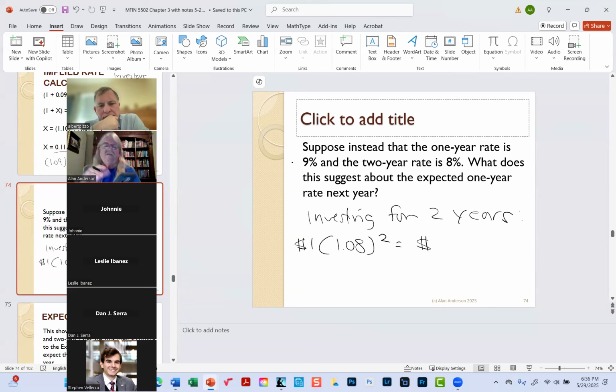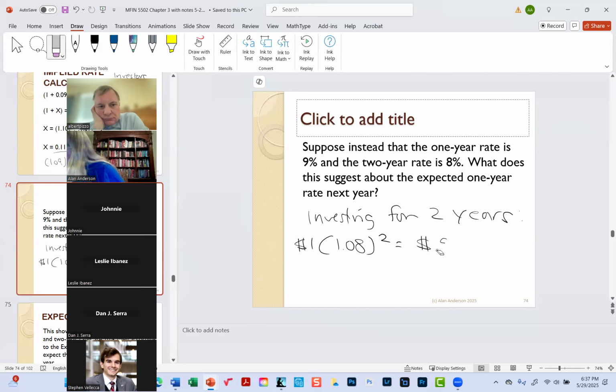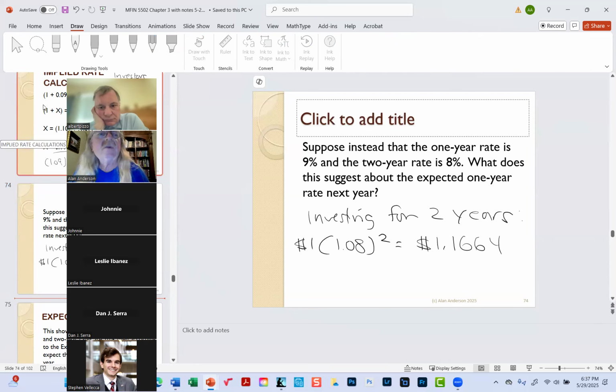In 1 year, we'll have $1.166. Now, if we try the 1 year strategy, where we invest for a year at 9 and then we roll it over,